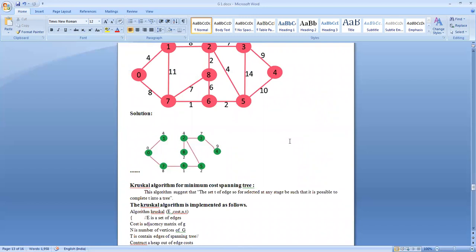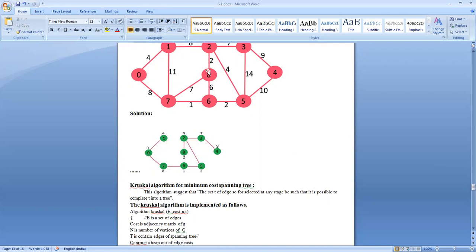First of all, we will sort all the edges in increasing order of their weight, then start from the least weight edge, then the next least weight edge, and so on. Then you will find that this method also generates the same minimum cost spanning tree that was generated using Prim.